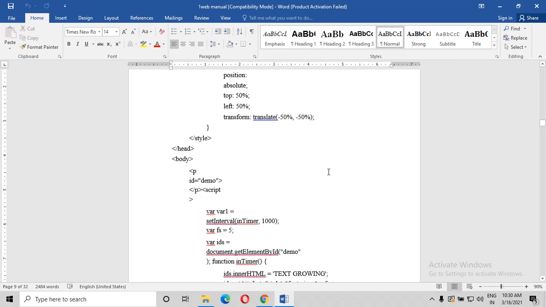As we want the text growing to grow, the positioning as well as the size is increasing, to support that the transform translate effect is given. A transform is mandatory. It lets the element change shape, size, position.